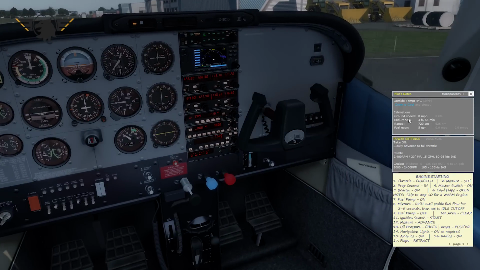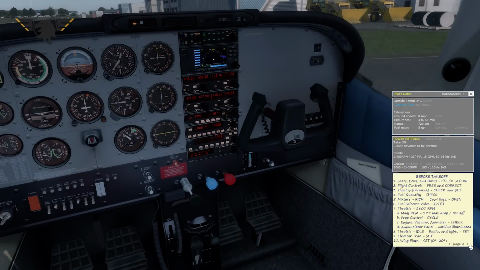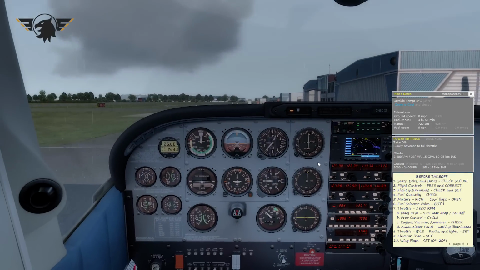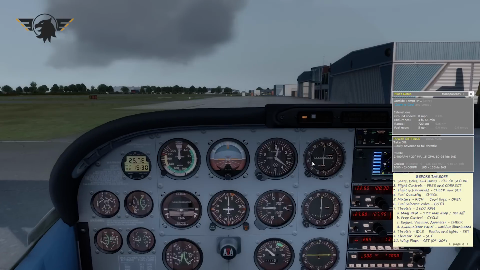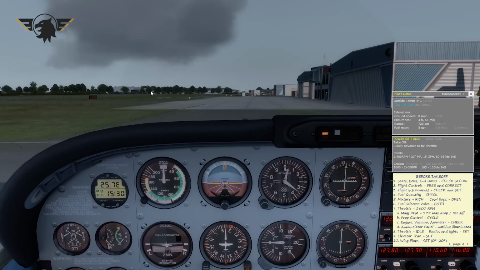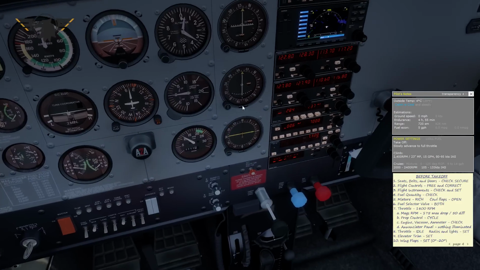Right, we'll bring the yokes back on that side so we can see what we're doing. The next checklist is the before takeoff checklist stuff. We're going to taxi out to runway 26 here at Cumbernauld. Actually, I think we'll just enter from the next left and then backtrack, spin it around, and away we go. So, we'll do all of the